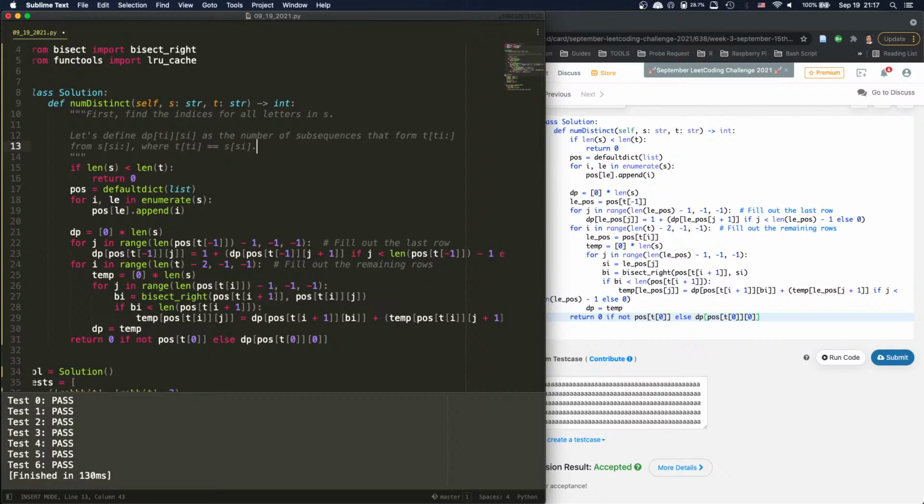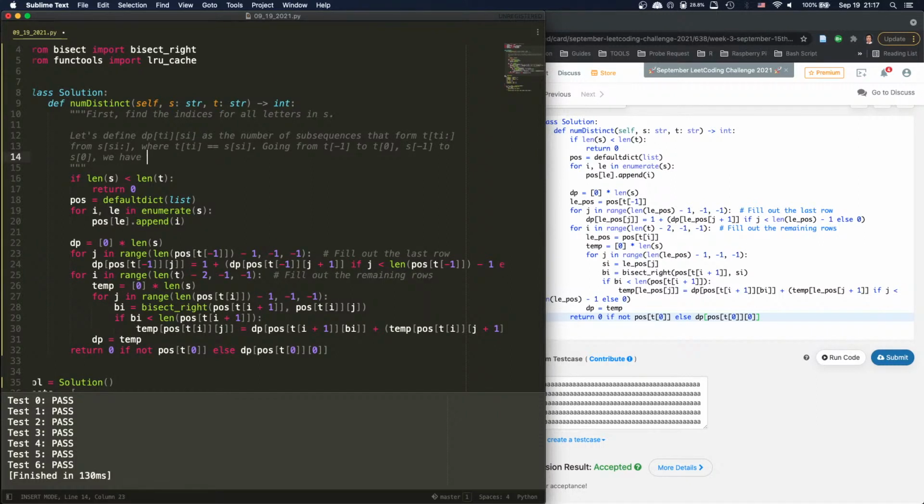So now we can say going from T minus 1 to T0, and S minus 1 to S0, we have dp Ti minus 1, Si, right? Ti minus 1, Si equal to dp Ti, S